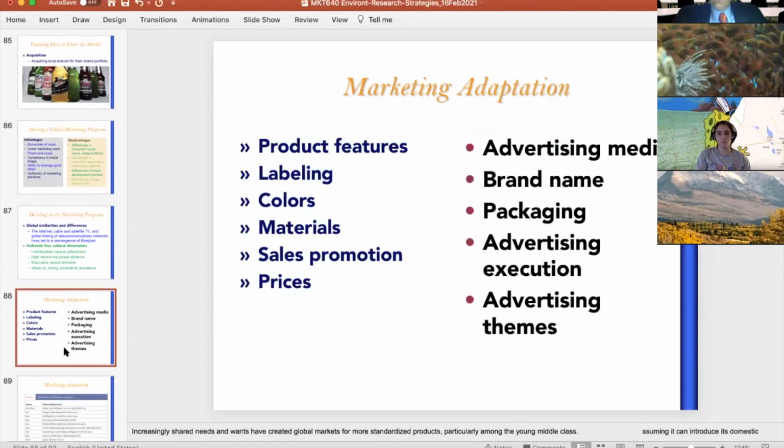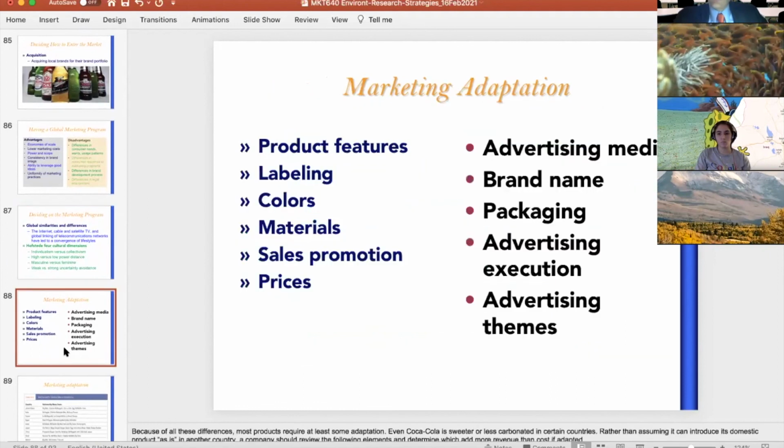So you probably, by having a new product, will have to make a lot of adaptations, changes of the product. Not only may you change some product features to be better adapted to the new market, some of the functions and characteristics, but you may have to change the packaging. You may have to change the way you do promotions, prices, advertising. Sometimes you have to change the name because unfortunately in this market, the trademark was not secured, and you have to change the trademark because that trademark is already used. You may have to change the benefits even. It's the same product.